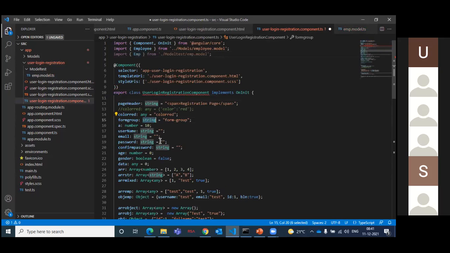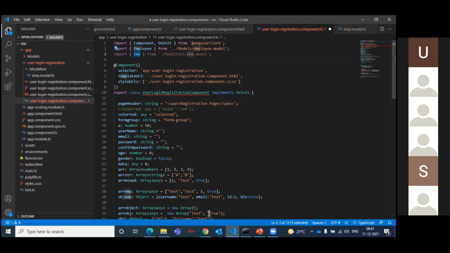Because the string also you need to import? Here string, number, everything is imported. But sir, for the string, all these, I have not imported. But how is it working? It will work, because you are already done with Angular core, right? So TypeScript will work on behalf of that. No need to import the predefined ones. But this is a class. A class is nothing but user defined. Okay, so go through that class video, you will get it end to end.